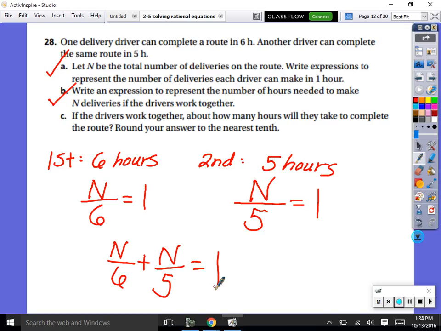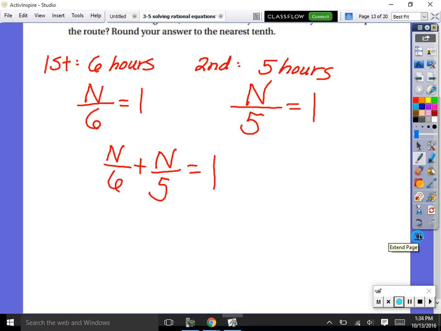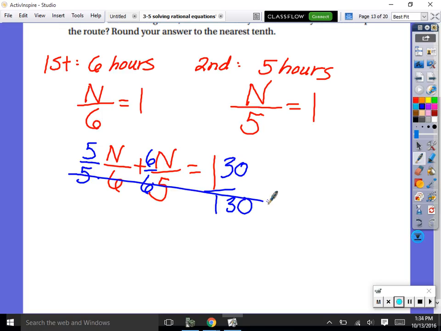Just getting a common denominator. Common denominator is 30. So let's make each of the denominators 30. So we'll multiply by 5 over 5, 6 over 6, 30 over 30. So that's now our denominators are the same. So we can just focus on solving the top. So we have 11 n's equals 30. So now you'll divide both sides by 11. And you get n is equal to